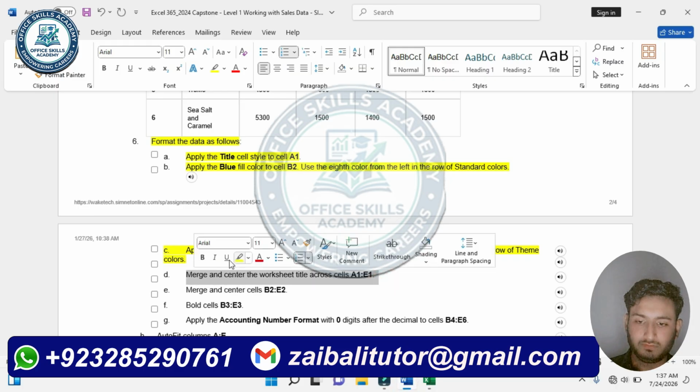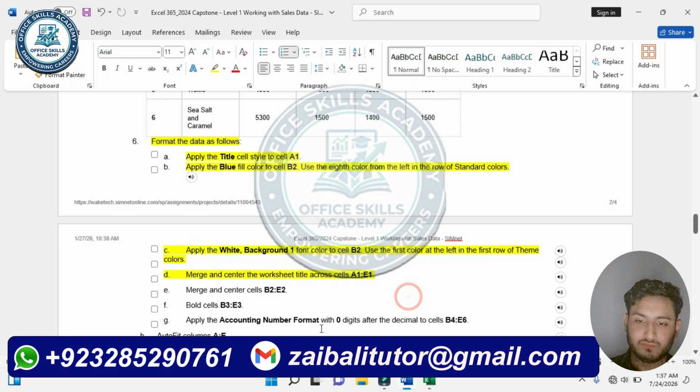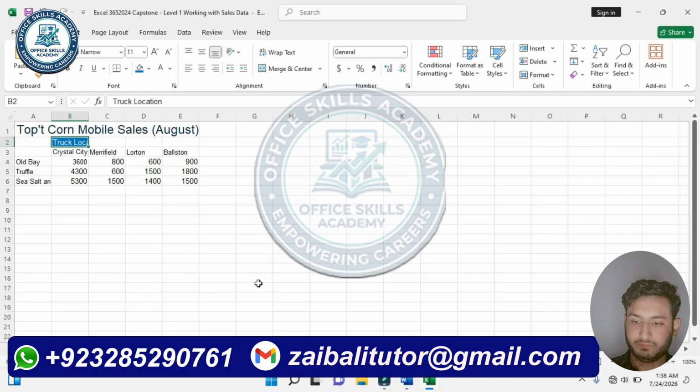So in the merge and center the worksheet title across cell A1 to E1. So in this tab we merge and center the title A1 to E1. So select cell A1 to E1